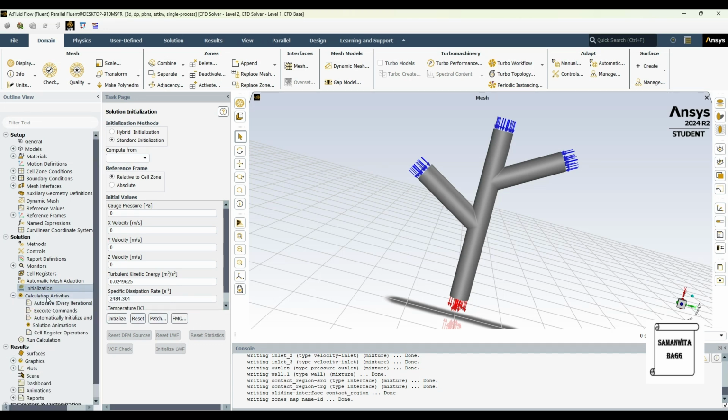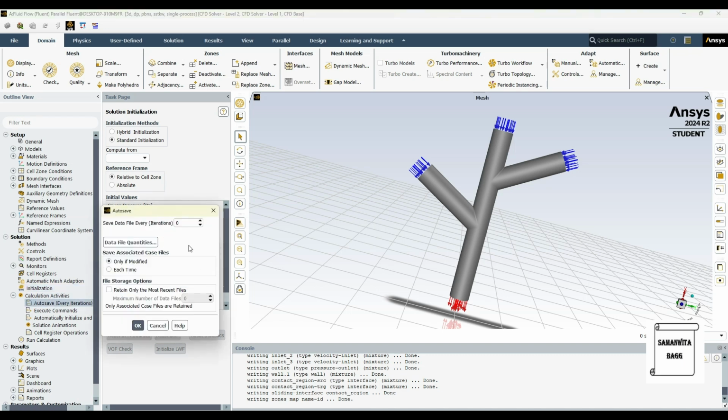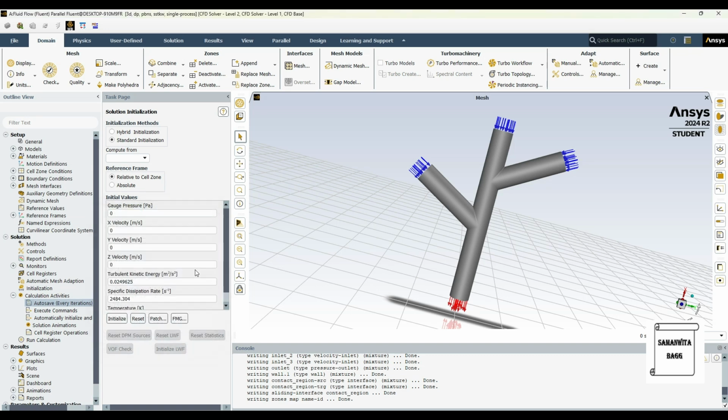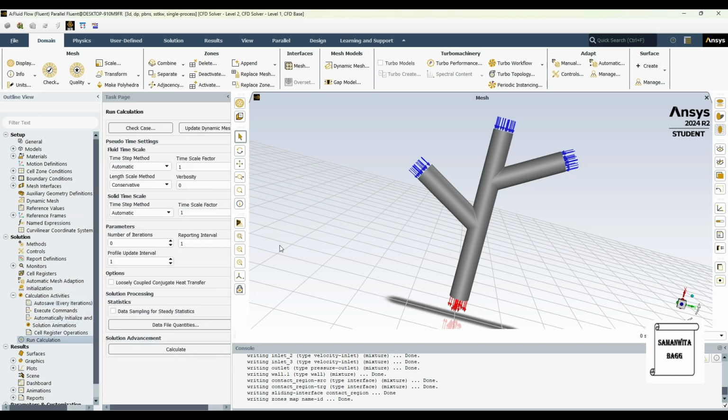Then I'll go to calculation activities, auto save every iteration. I'll give the number as 70. Okay. Then I'll go to run calculations. I'll give the number of iterations as 500 and click on calculate.